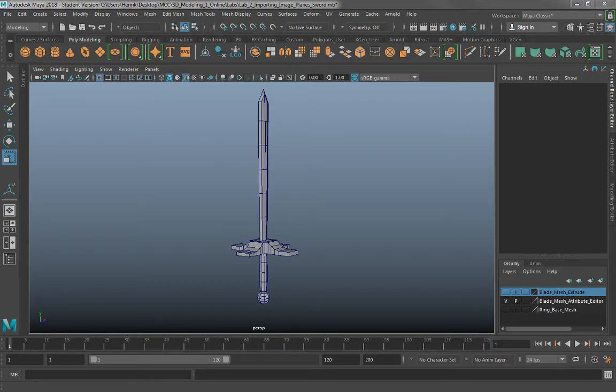Hello everyone. In this video we're going to be covering a number of different tools. We're going to cover the Combine tool, Bevel Edge, Merge, and Multi-Cut tools. Now, the first thing we're going to do is make sure that we have in our model